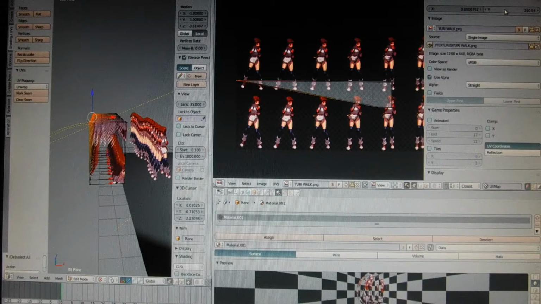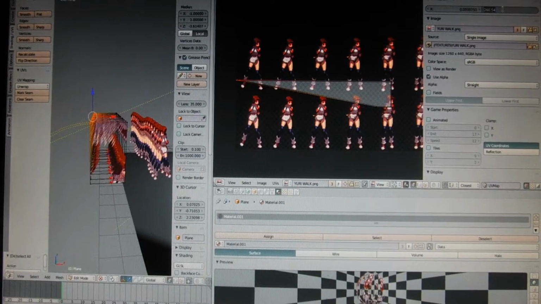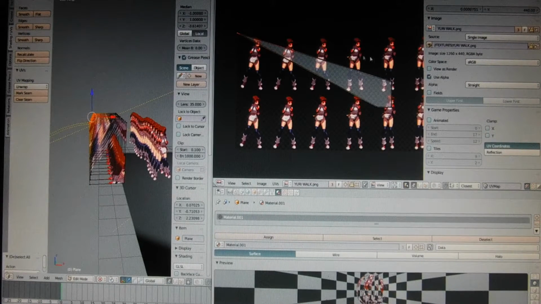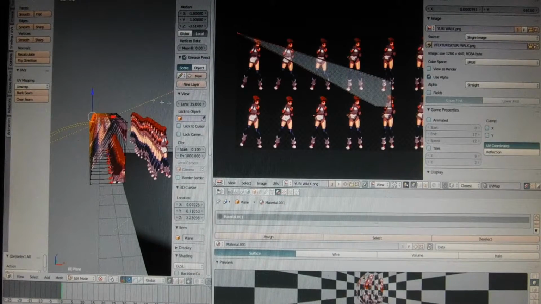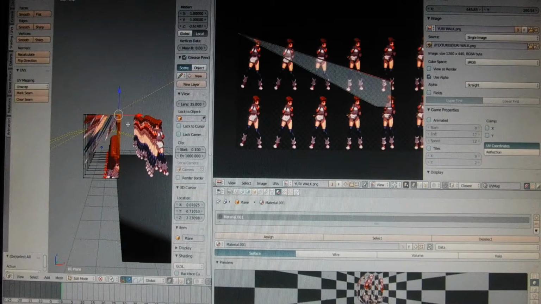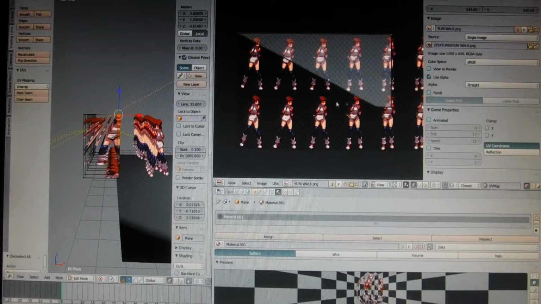So I'm just gonna go into Y, and 2 times 220 pixels is 440, so 440. So basically we're manipulating the UV, so each individual face will be the correct size on the sprite sheet. So I'm just gonna unselect and reselect this lot, and then in the Y we're going to bring them all back to the top for 40 up to the top, and then